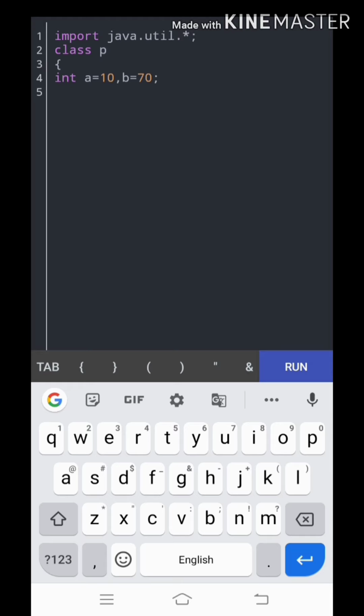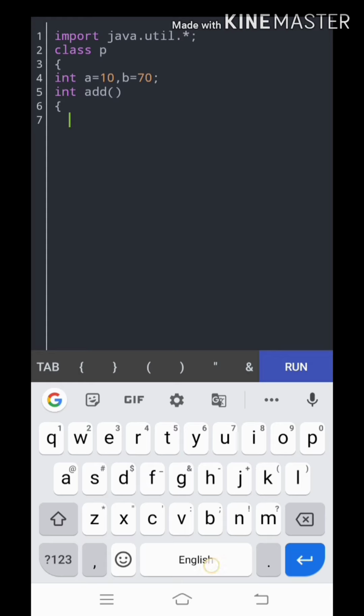Now we need to create a method. As these two variables are of type int, we need to create a method with return type int. So int add, with no parameters, so empty.